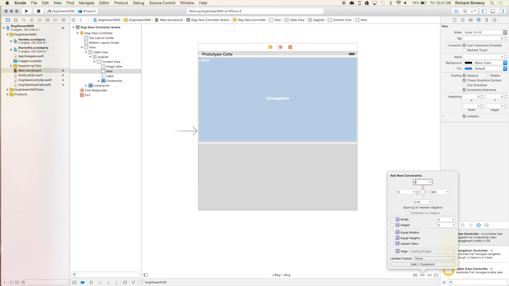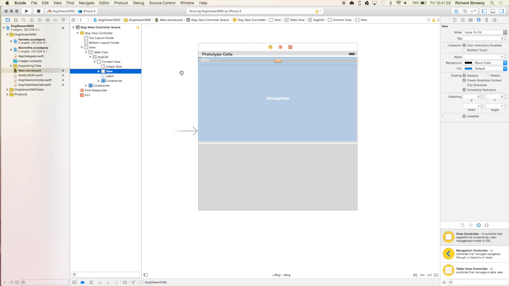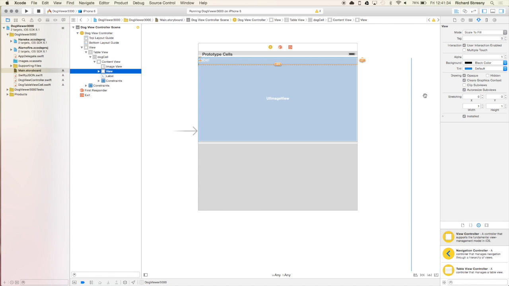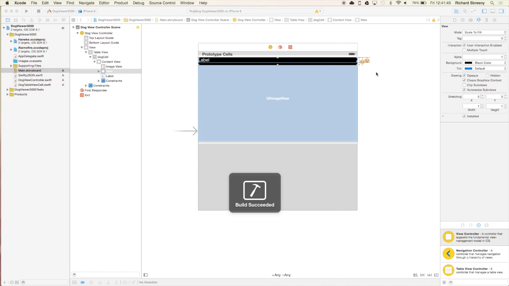We will set it to anchor to the top, anchor to the left, anchor to the right, and we'll also set a minimum height. So by setting a height and using a combination of priorities, we can give it a min height, set it to 30. Ignore that, but we'll tell it to match the height of the label. So by control dragging from that view over to the label, we can say equal the heights. That happens, and then we should be able to update the frame, and then on runtime it should match the label's height. So run it up again,